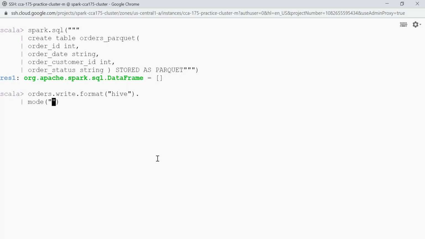My mode is overwrite, and finally I'll say save as table. Now I'll provide the database and the table name. So my database is default and my table name is orders underscore Parquet.